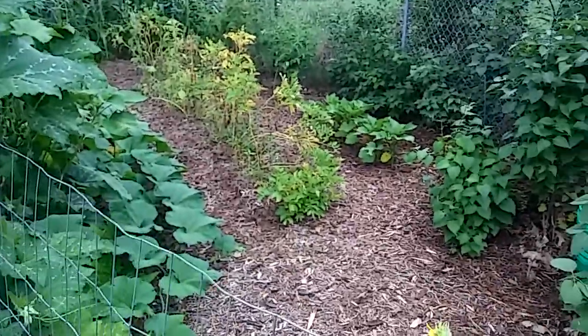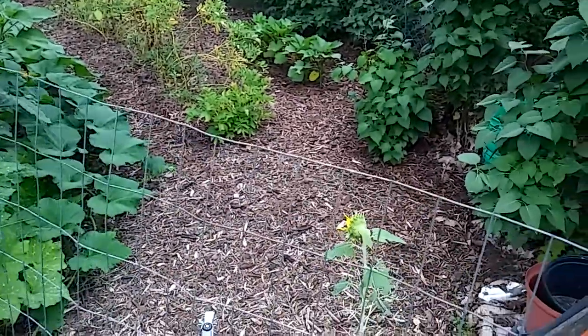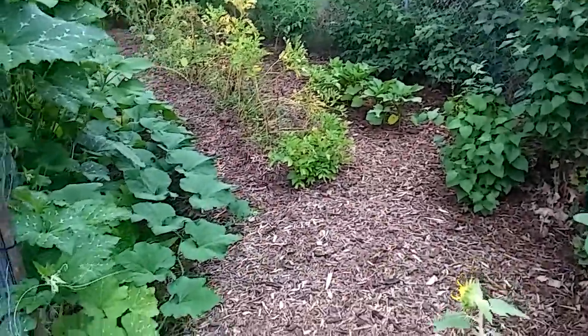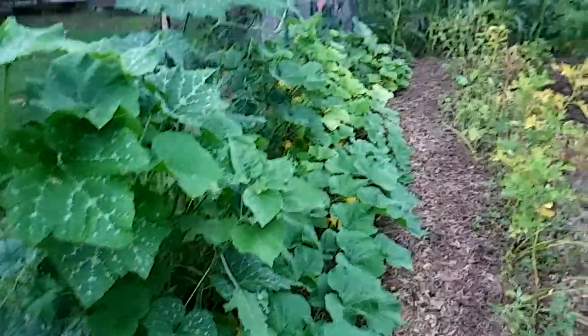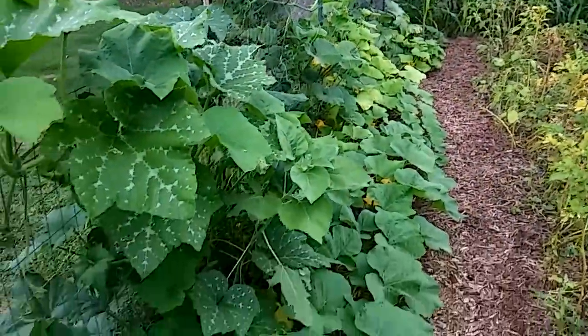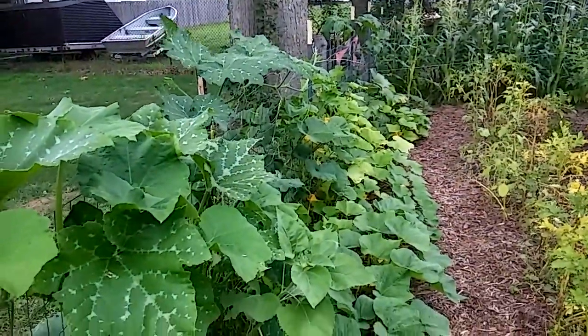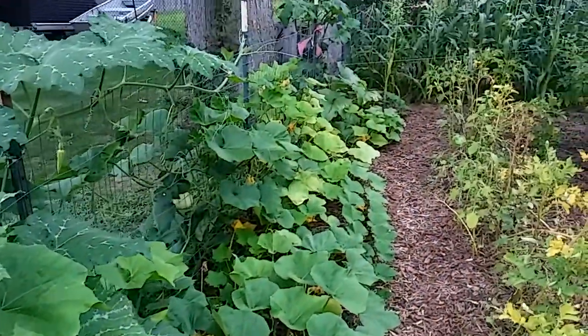Step in the garden here and see what else we got. There's something else I've tried for the first time this year that I'm absolutely loving. Oh, here's the other side of the squash down the fence line. Just your normal standard fence. Anyways, doing really